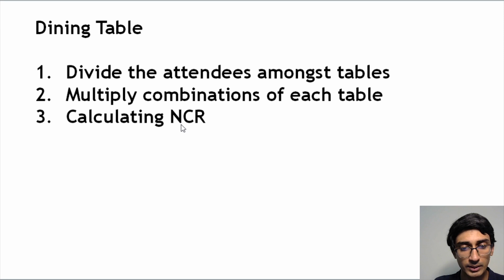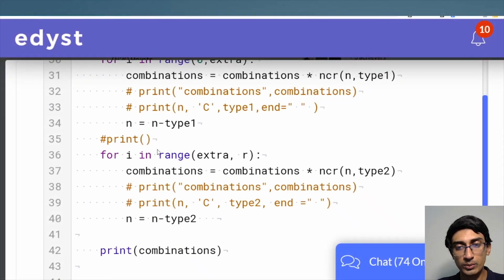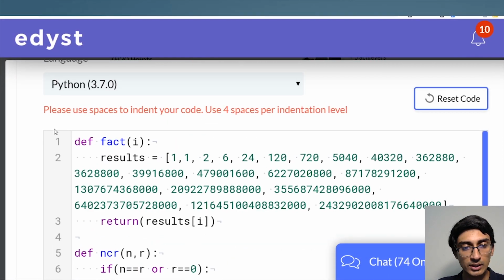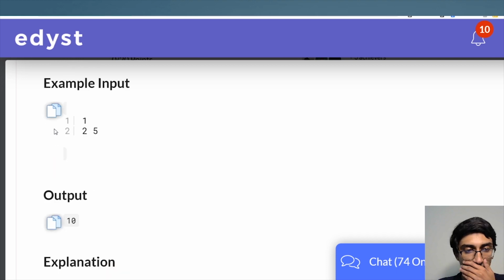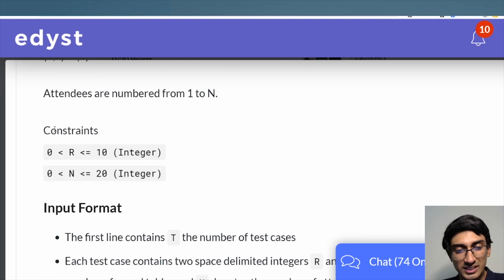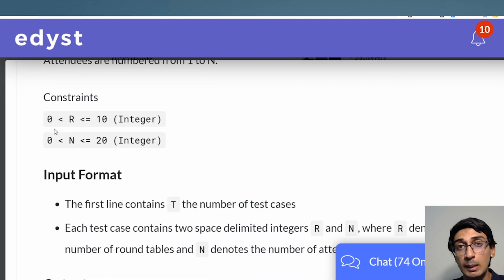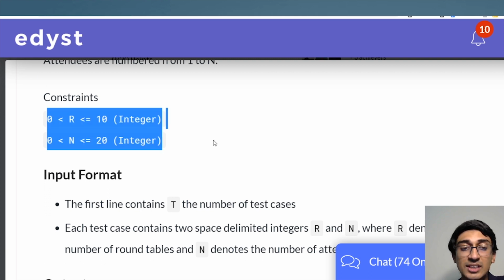Let me just pull up my own code for this question. Yeah, and I'll show you how I ended up calculating NCR, right? So let me just go back to the question again. When I go to the question, I'll come to this part one by one, but one thing you will notice in the question is the constraints, and the constraints are always very, very helpful, right? So please never go around without reading the constraints